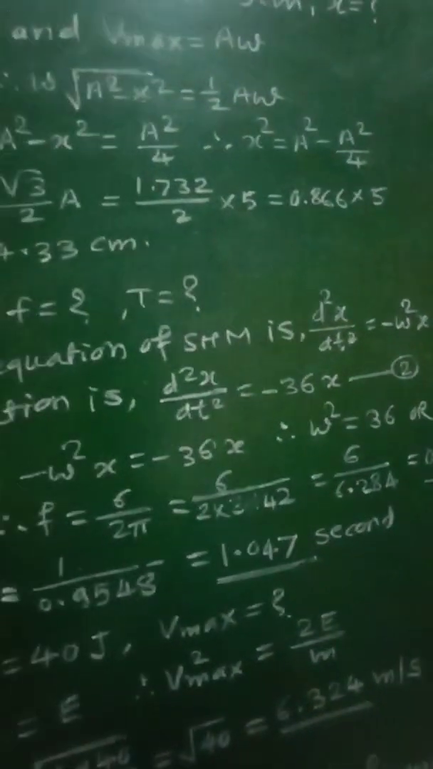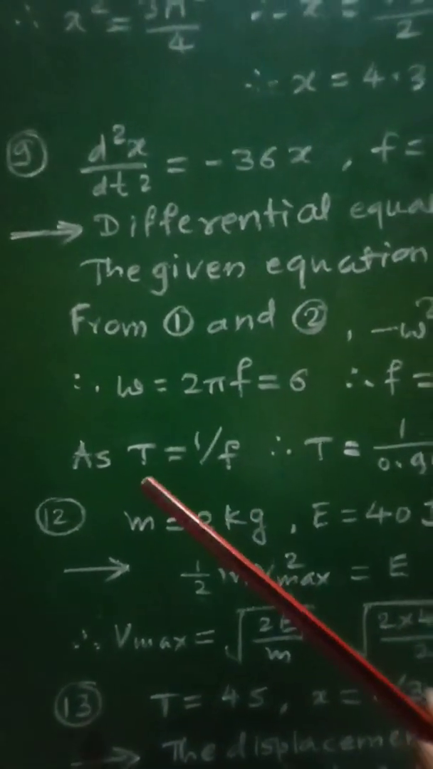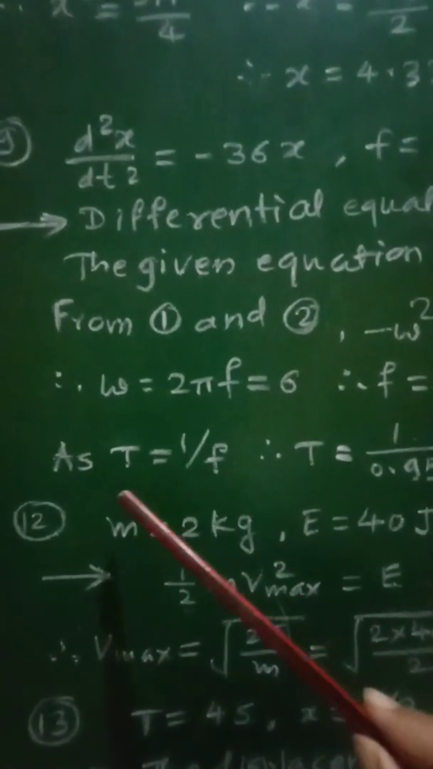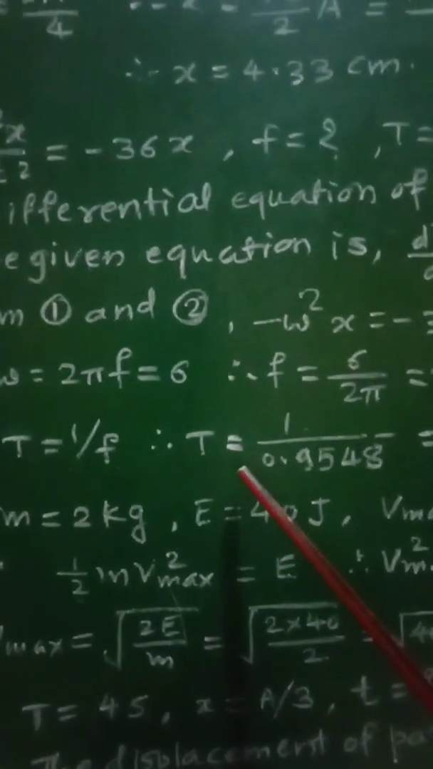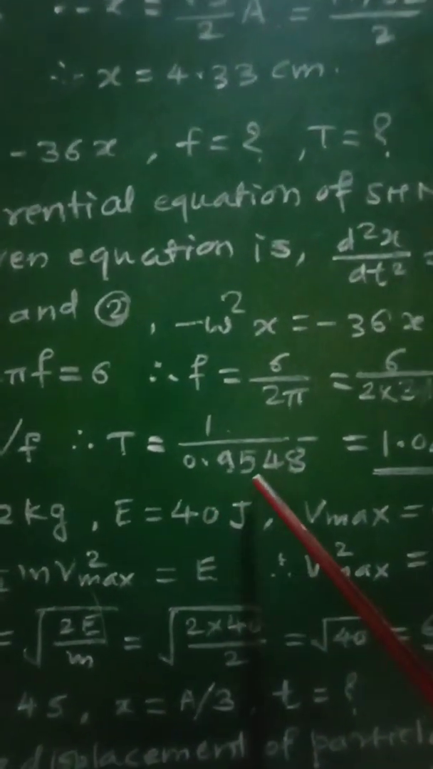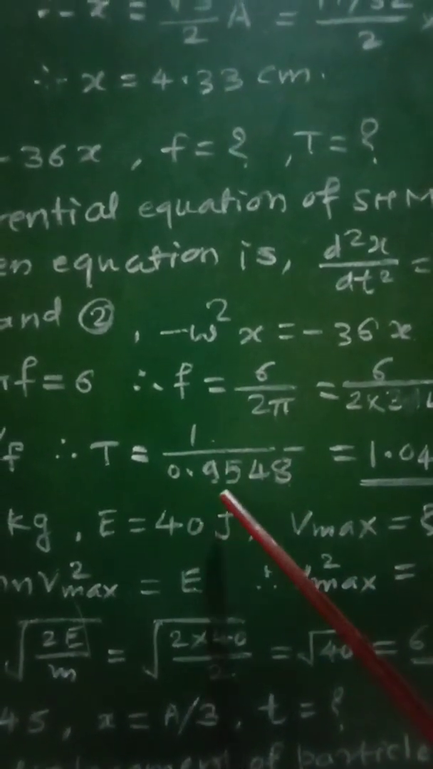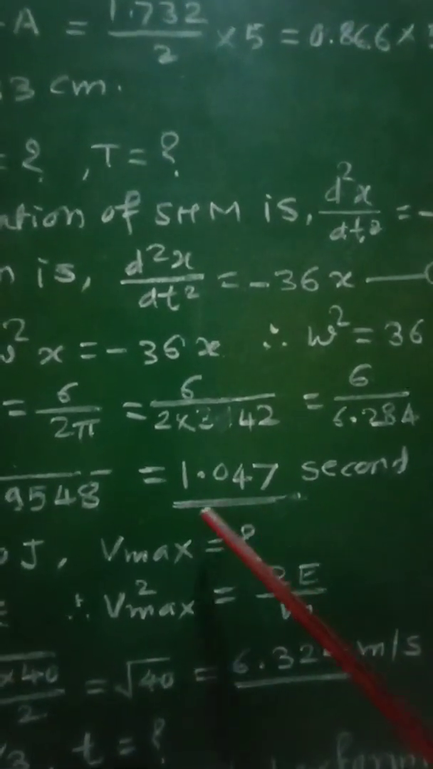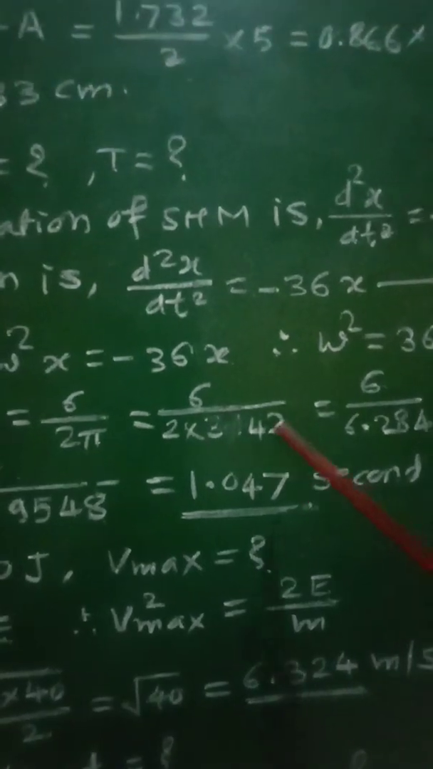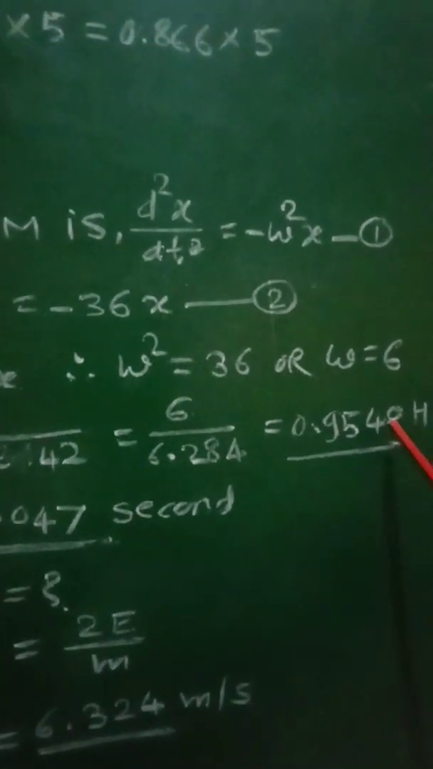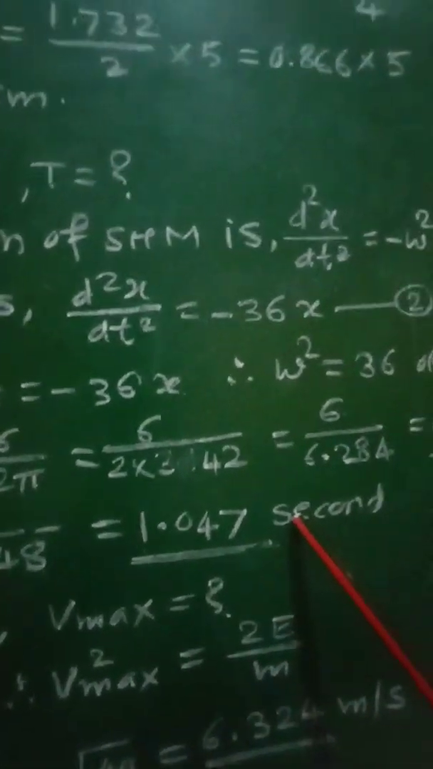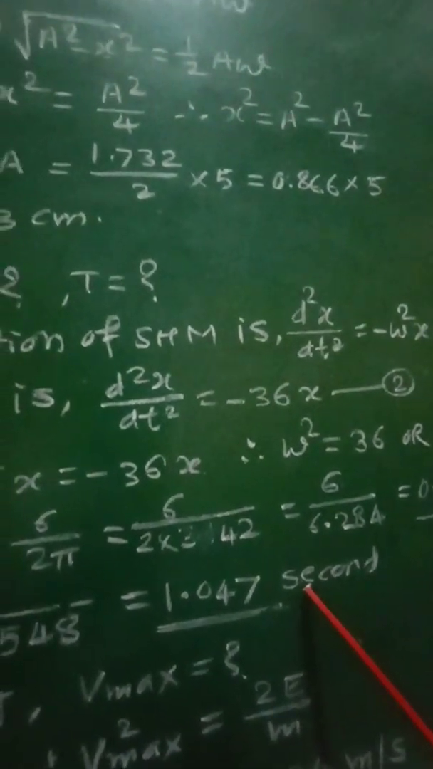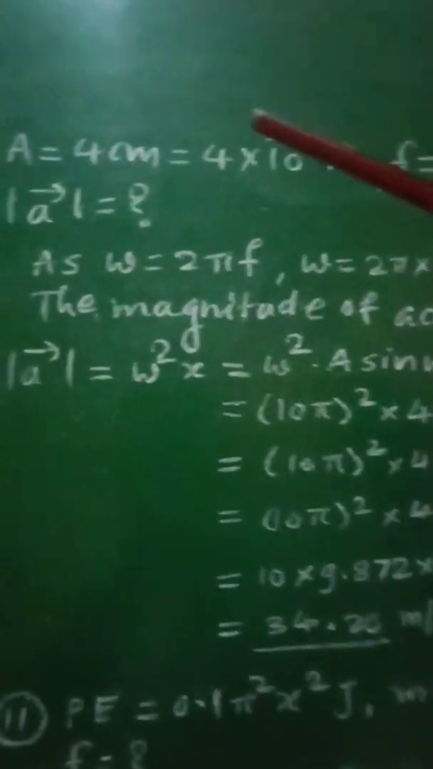So this will be the frequency, and as period is equal to the reciprocal of frequency, T is equal to 1 by f, therefore T will be equal to 1 upon 0.9548, which comes out to be 1.047 second. Therefore, these are the two required answers: frequency 0.9548 Hertz and period 1.047 second. Now let us go for the next numerical, that is question number 10,